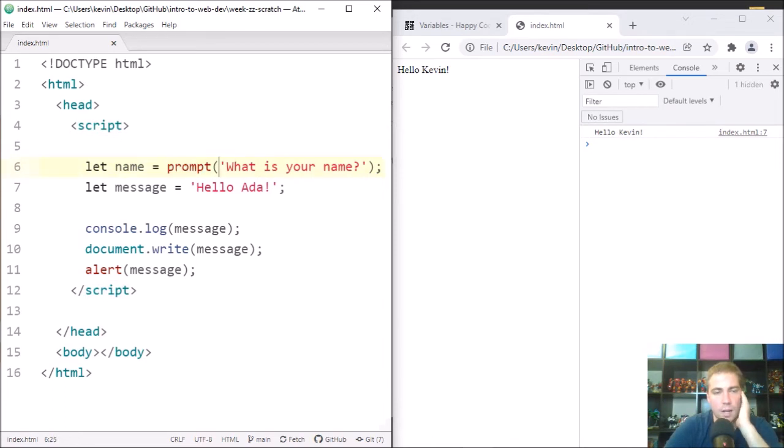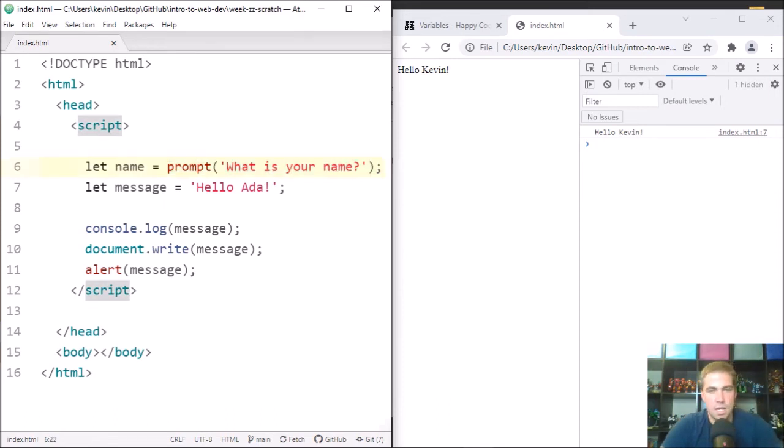I'm giving it a parameter of what is your name, and then I am expecting that function call to return a value to me, which I am then storing in the name variable. So I'm saying create a variable called name and set it equal to whatever we get back from the prompt